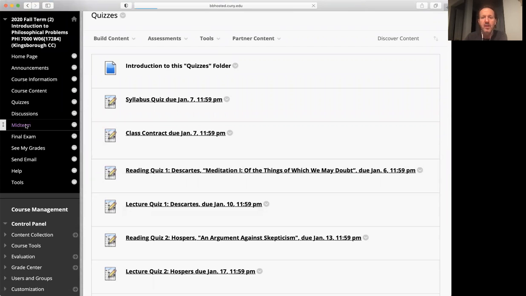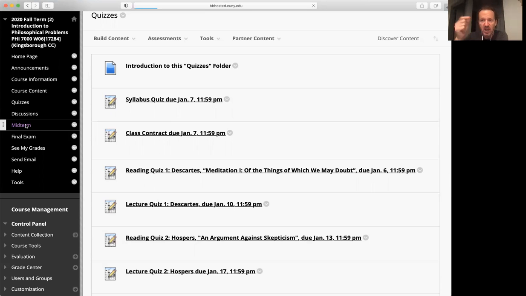The midterm. You will not actually see the midterm until it's open, all right? I clicked on it. It's taking a moment for that tab to open, but there's an instruction document in there. It's important for you to go in and read in advance, because it tells you how to prepare for the midterm and even what topics will be on the midterm. Same thing with the final exam, right?